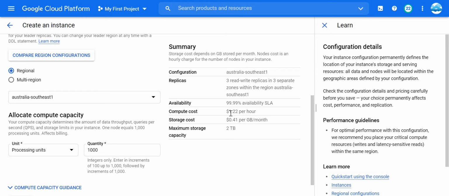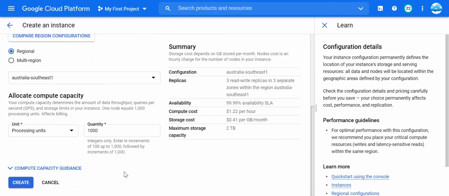What is the cost now? You can see it is $1.22 per hour. Based upon your changes, this cost increases. If I select 10,000, my cost will increase. So you can decide how much compute capacity you want to allocate.